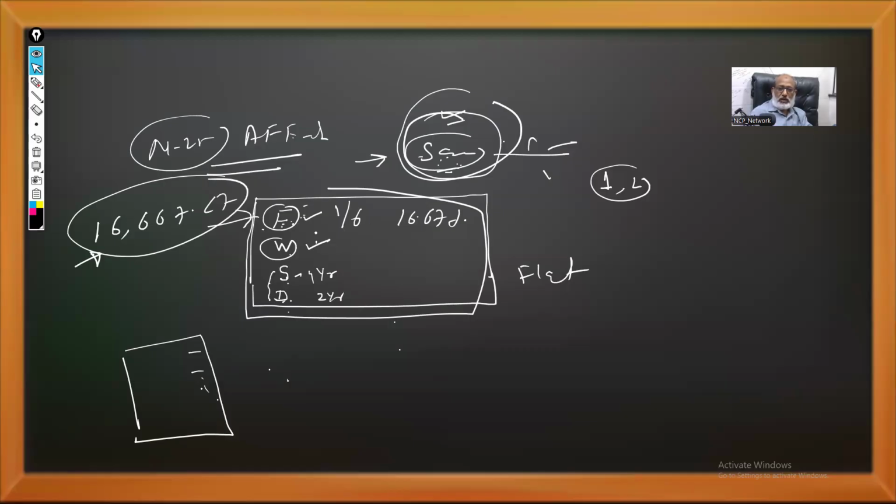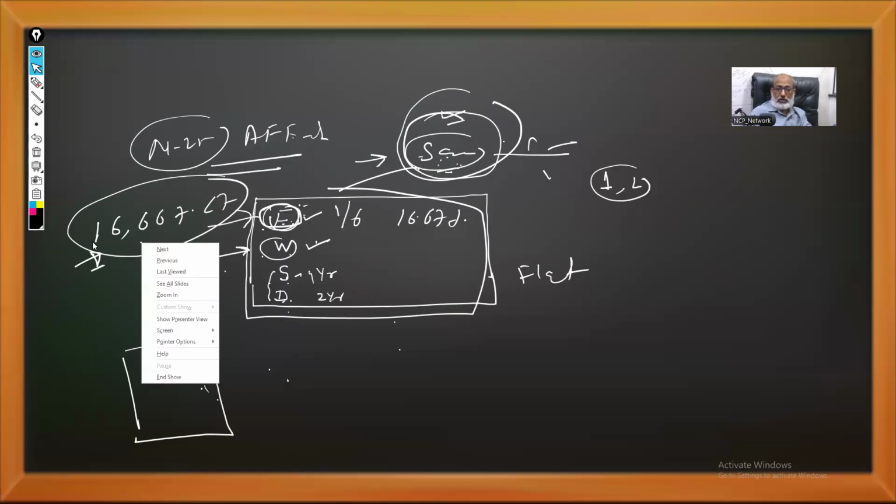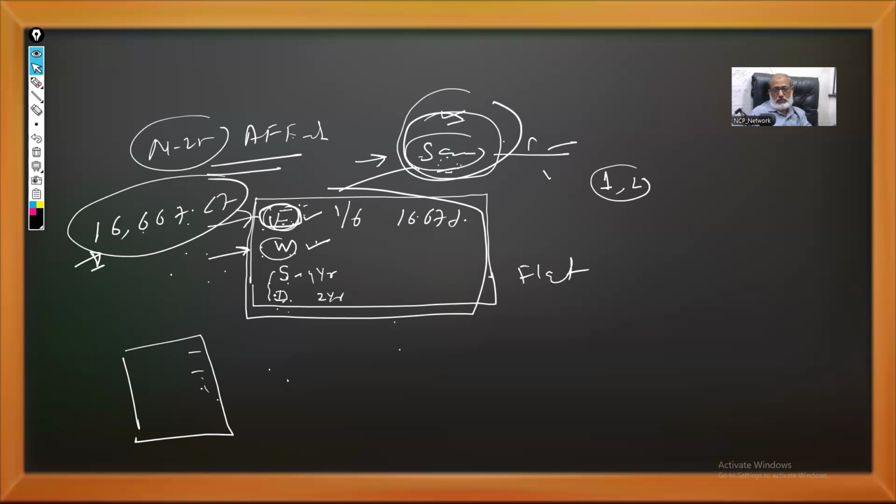If this father does not agree, then what can the wife do? She can take help from her brother and sister. She can sell her jewelry, give this amount to this father-in-law, the father of this son, and get his signature that I have given you your amount, that is 16,667, and now the property belongs only to me and my son and daughter. These are the mutual understanding solutions.